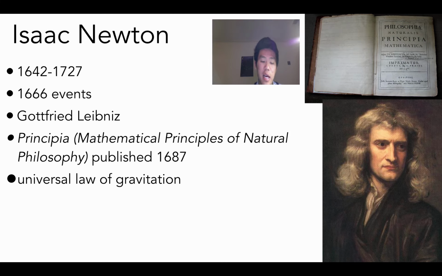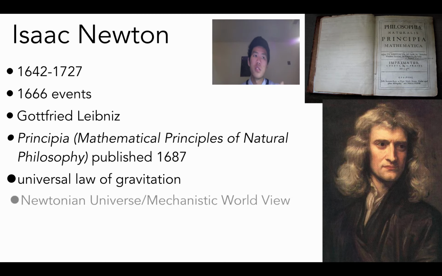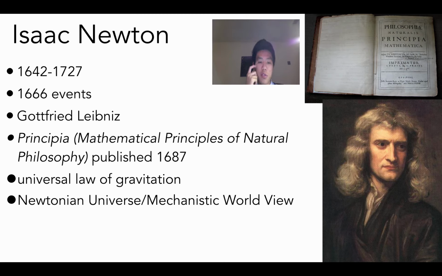So all planets, all moons, in the same way, it's the same force. And so in that case, he believes that all motion can be timed and measured according to the same mathematical formulas. You shouldn't need a different mathematical formula for space and the larger bodies in outer space than for the ones that are just like an apple from a tree. Okay, so taking his law of gravitation and putting it all together mathematically, he saw the world in a different way, and this is what we call the Newtonian universe, having a very mechanistic